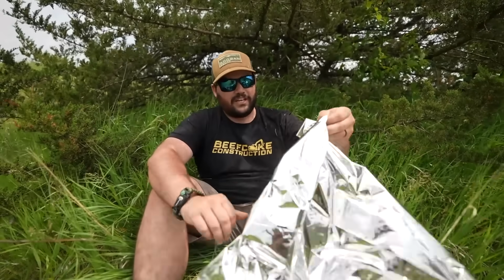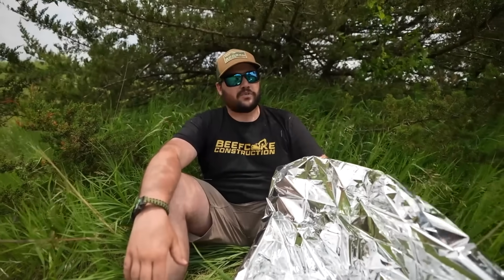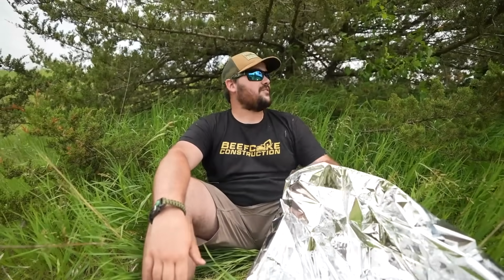I think this is not really a shelter. It's more of a rain preventer from just getting soaked. That's pretty much the only thing you're protecting yourself from. You're not protecting yourself from any cold winds or anything like that. So I guess we would just drape it in a tree. If we were actually in a survival situation, I'd probably build a little A-frame hut and cover the top of it. But like I said, there's no point in taking the time to do it